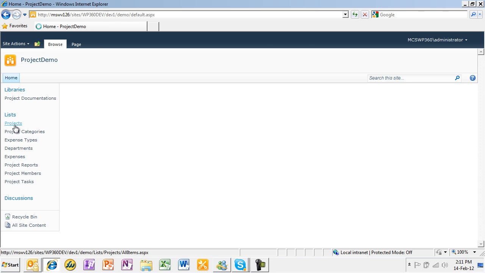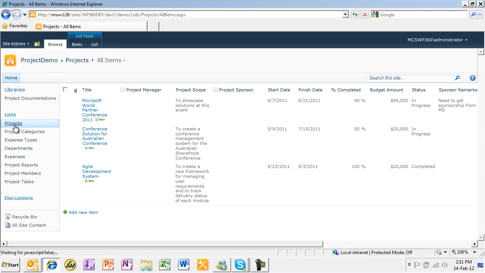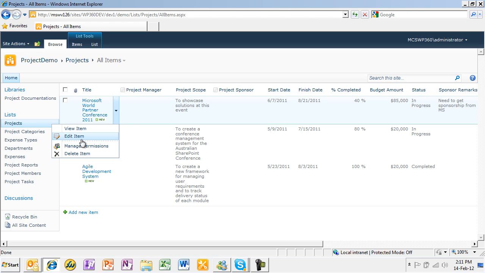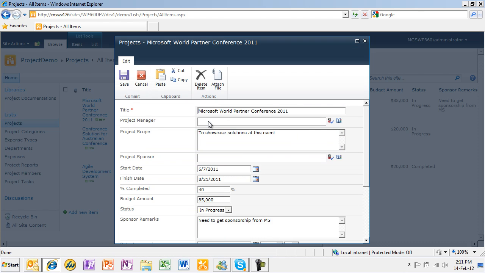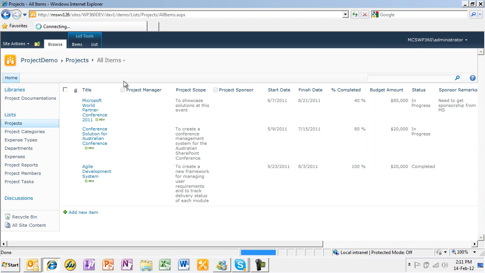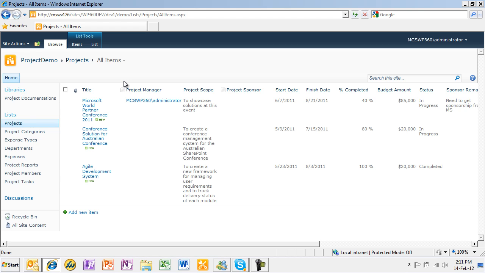Now, as you know, all this comes without any data, I mean, without any user information. I will just come in and edit this so that we can set the administrator to be the project manager for this project. Okay, and I can save that. Now, this is great. It's a great way SharePoint provides you with the ability